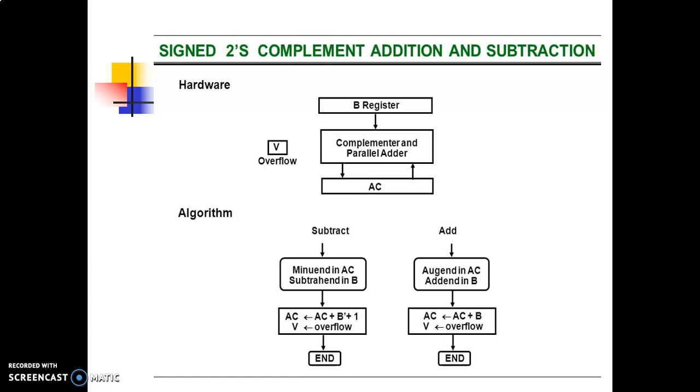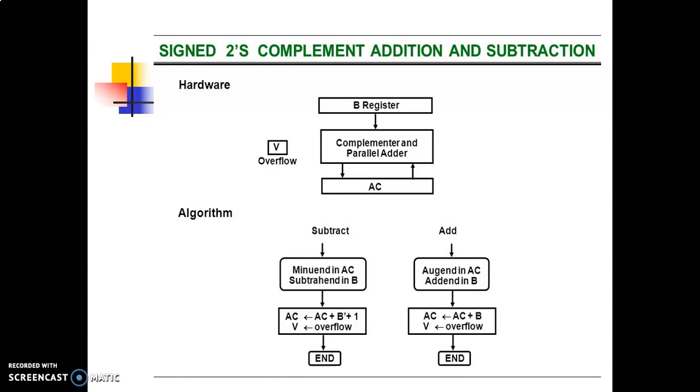When two numbers of n digits each are added and the sum occupies n plus 1 digits, we say that an overflow occurred. The effect of an overflow on the sum of two signed 2's complement numbers we have already discussed. An overflow can be detected by inspecting the last two carries out of the addition. When the two carries are applied to an exclusive OR gate, the overflow is detected when the output of the gate equals 1.